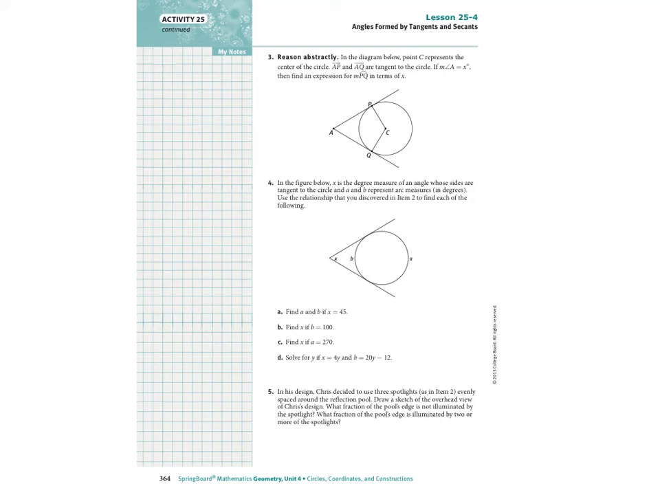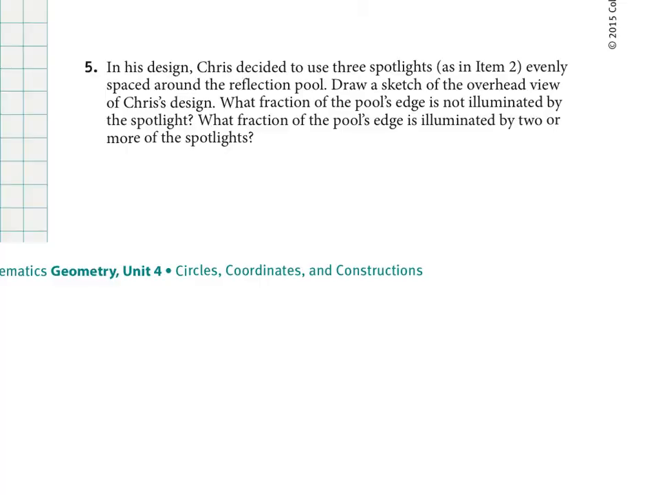Hi geometry students, it's Miss Graham and we are going to be continuing lesson 25-4, looking at angles formed by tangents and secants. So we are going to go ahead and start at the bottom of page 364 looking at number 5. Question number 5 says, in his design, Chris decided to use 3 spotlights evenly spaced around the reflection